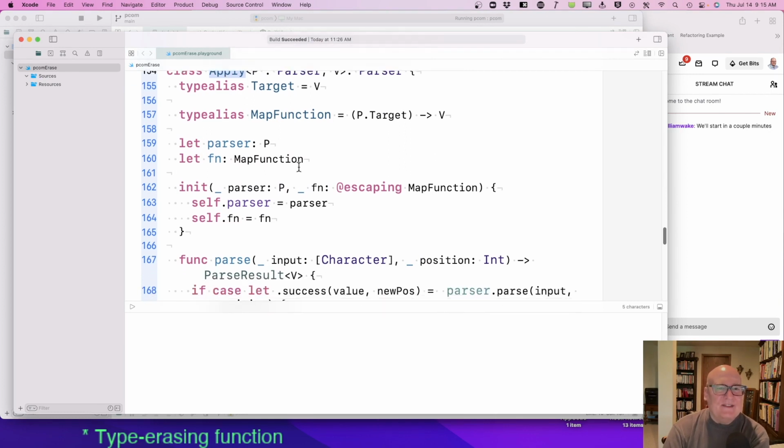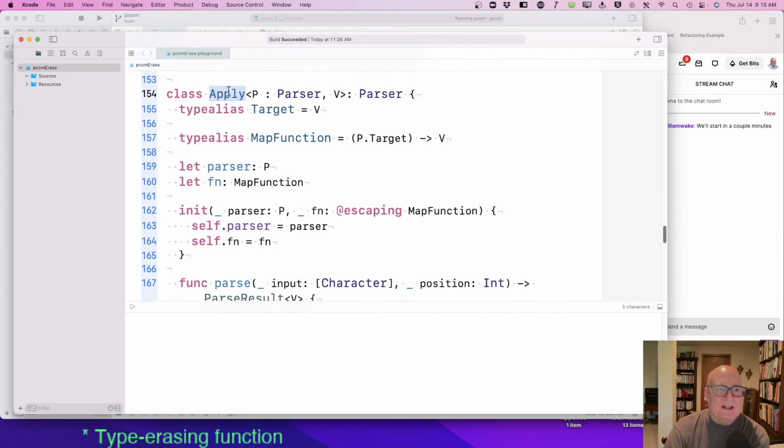All right. Then this last function I call apply, or parser. This thing's goal is you give me a parser and a type that you want to map into. I want to know those two types, the parser and a type you want to map into. Then you're going to give me the parser and a map function.